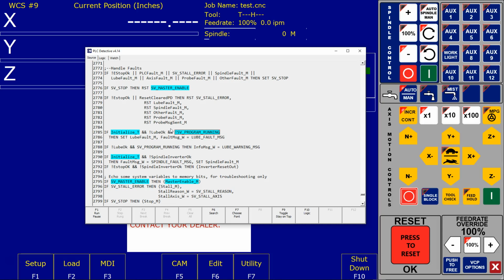I know in the near future even our inputs and outputs will have an _I or an _O, so you can easily see that the definition is an input or an output. But I can see that this is my lube OK, and I know from experience that that's my